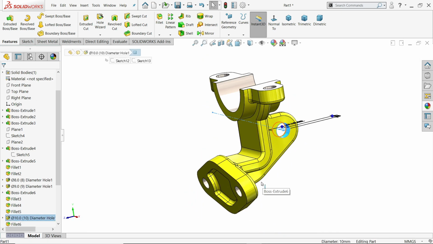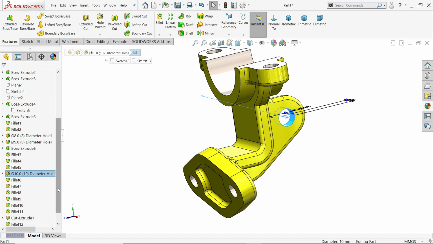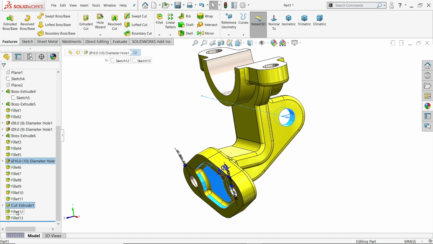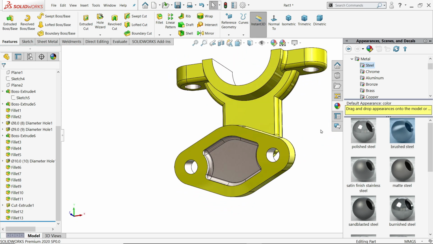See this hole, hold control key, this last activity, brushed. See.